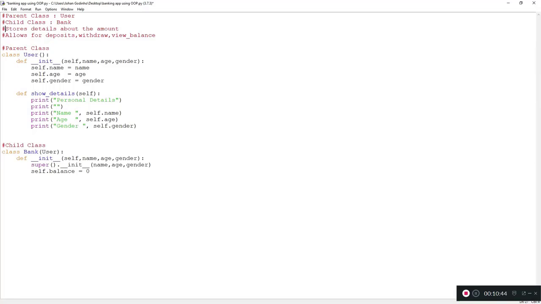Now what functions do we have? "Stores details about the amount." Right, so that's going to be in a bit. I'm going to explain what that means, and it says "allows for deposits, withdrawals, and to view the balance." Let's do deposits first. So def